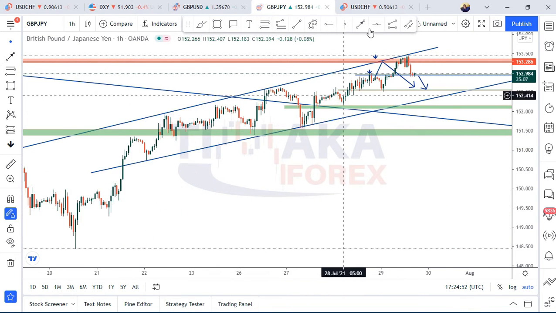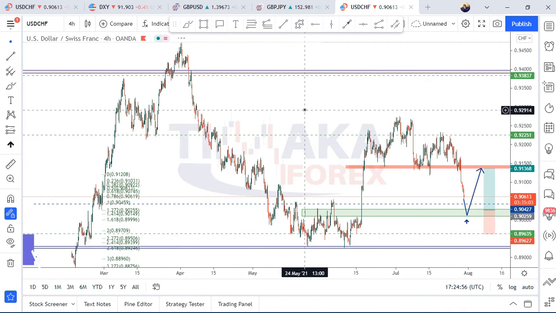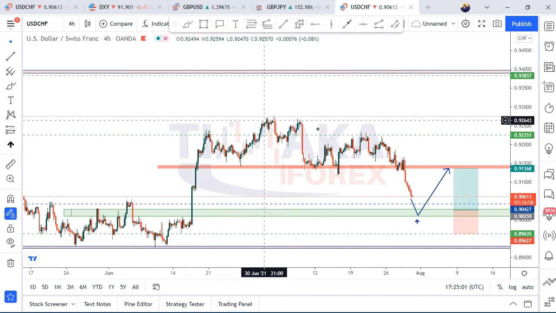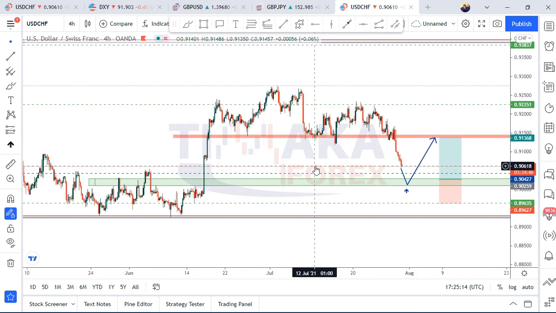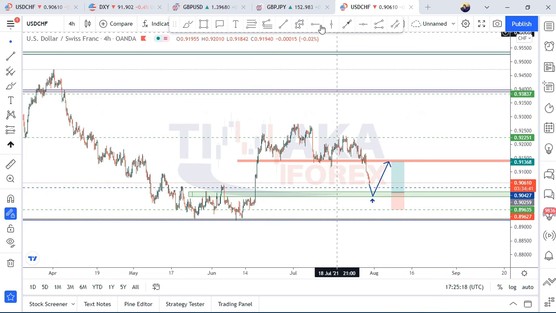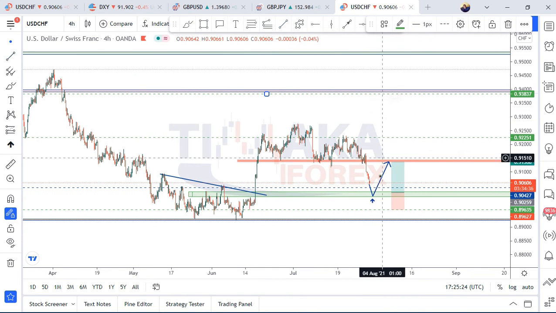I think that's it. Or another one I can show you is pound CHF, having a break of this consolidation. We can see kind of a head and shoulders pattern. I'm looking to buy at around 0.9042, if we can get bears to go up to here. I'm looking to buy there if we can at least get some bears going to this level, and then we'll have a target back onto this neckline right here.